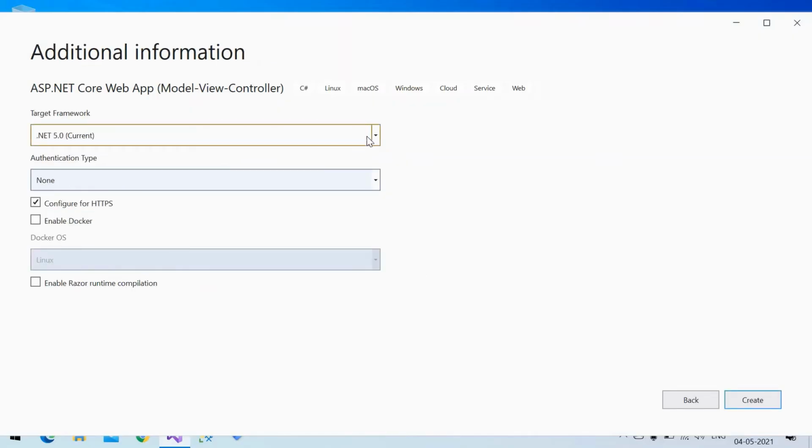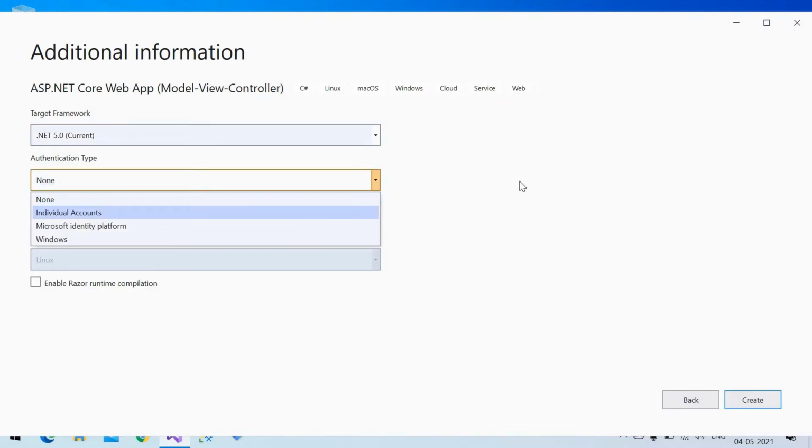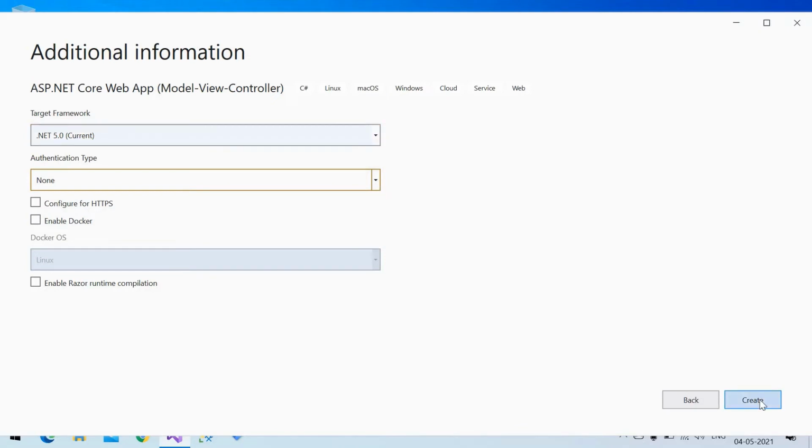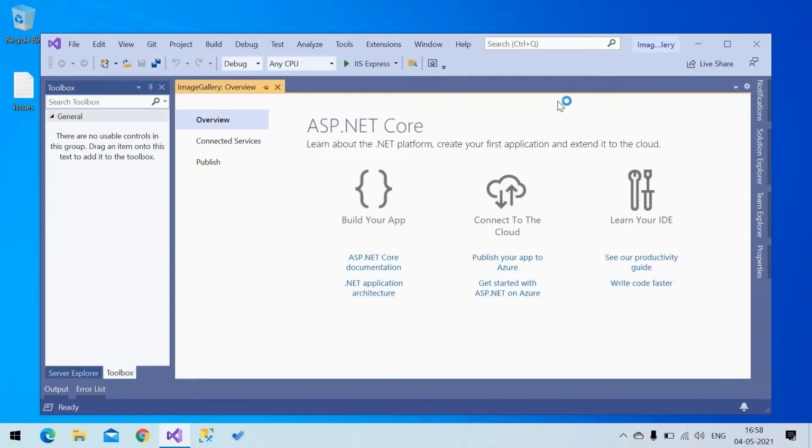Next, select your version. I'm selecting .NET 5.0, ASP.NET Core 5.0. I don't want HTTPS and no authentication is required. Okay, I'm going next, create. So my project got created.